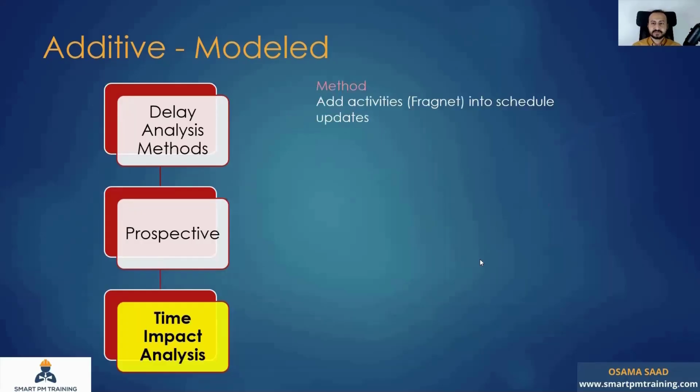Time impact analysis is exactly the same concept as impacted as-planned, but this time we will add the fragment inside the schedule update, not the baseline program, which makes it stronger. Advantages: it's easy and straightforward,